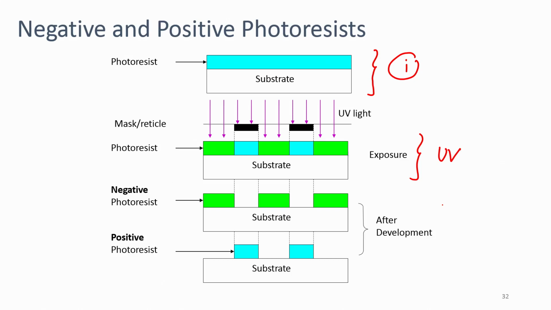then if it is a negative photoresist, the area which is exposed, the area which is this one, exposed will be stronger. You can see here, the area which is exposed is stronger in case of negative photoresist,